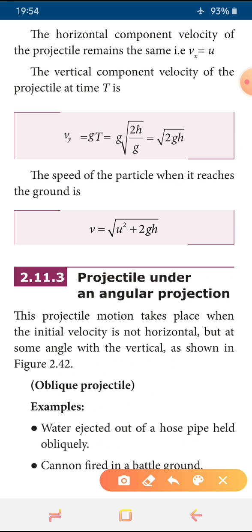That is equal to g. Then we are substituting the capital T from the fourth point, starting from the derivation we derived last: square root of 2h divided by g. Then g can be split as square root g and square root g. One square root g and one square root g will cancel, and the square root g will go inside, then square root of